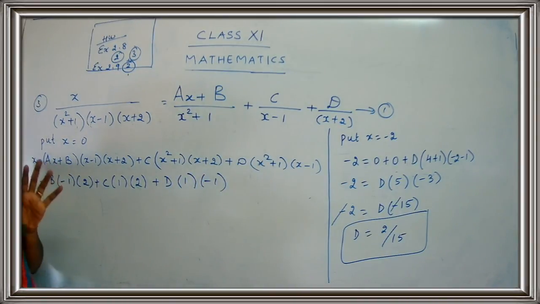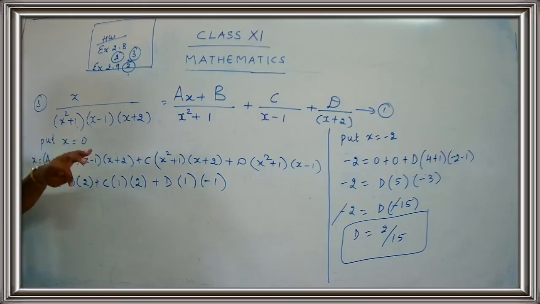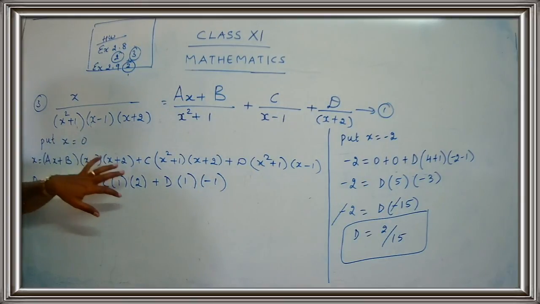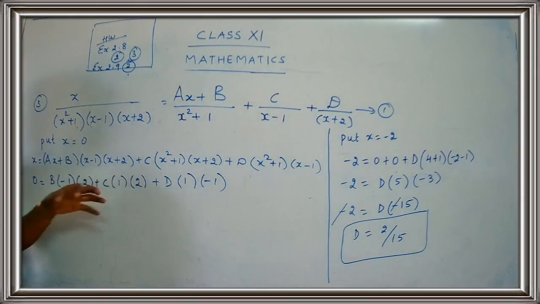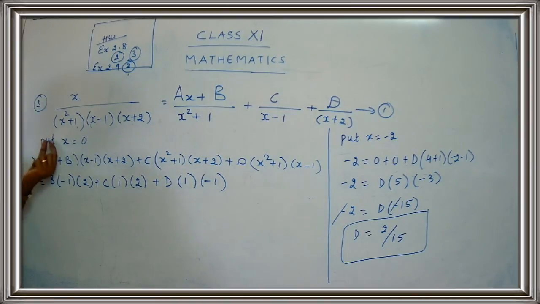It's a bit confusing. I didn't see your faces. Okay, see here, children. Put x is equal to 0. So first we choose the value for x is 1 and minus 2 from the question itself. So we don't have further choices of choosing the value for x. So what we do is we take the x as 0. So wherever you have x, you have to put there as 0. We cannot just go on doing the substitution, children. You have to just do it mentally and you have to get the answer.